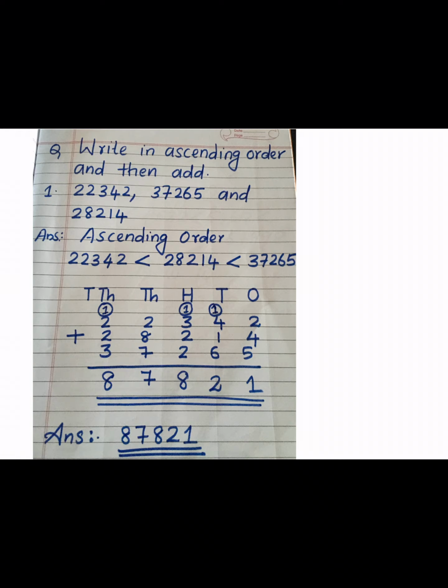Then we will arrange the numbers column wise, the numbers which we have to add. Here three numbers are there, so according to the place value we will write the three numbers downwards. That is called the column wise method. Before arranging the numbers, you write the place value. If you write the place value, we can easily write the numbers according to their place value. You will not get any confusion or mistake. So you write the place value first, then arrange the numbers according to the place value, then start the addition.